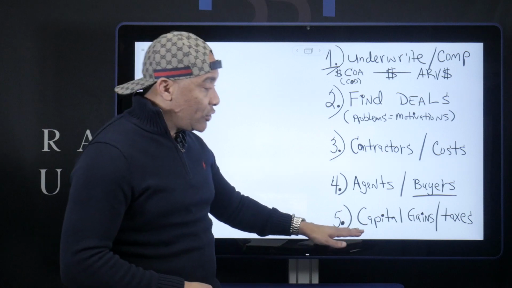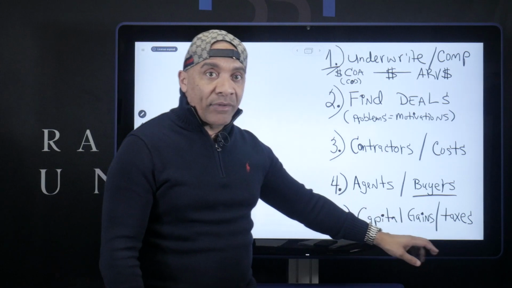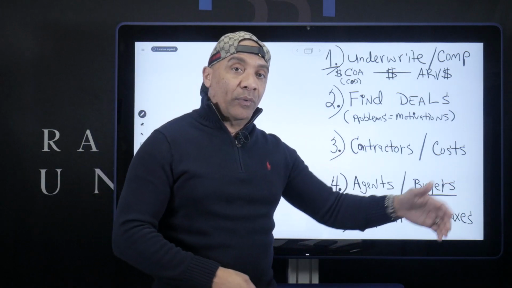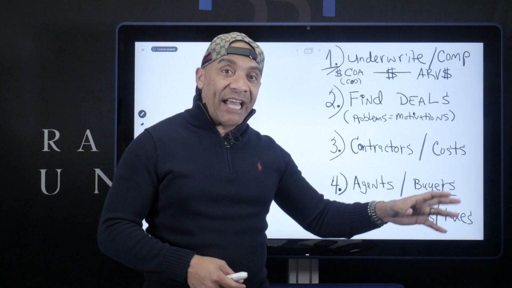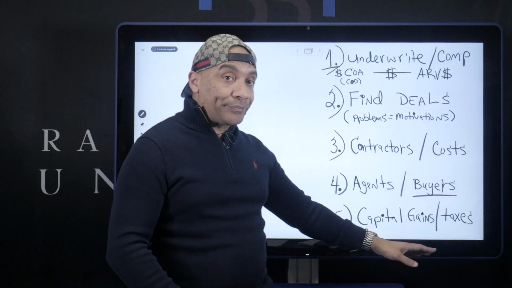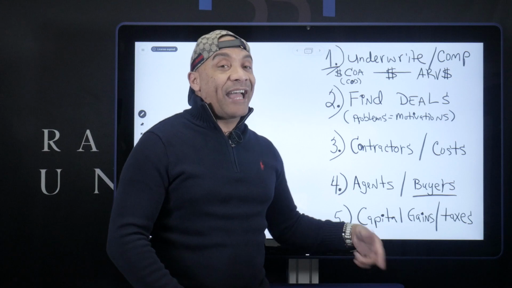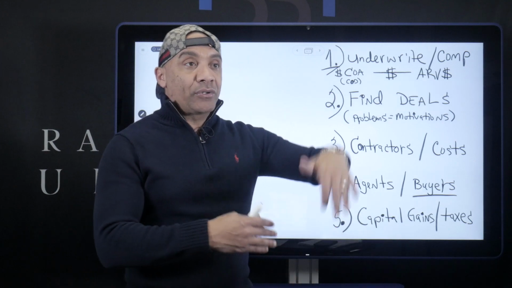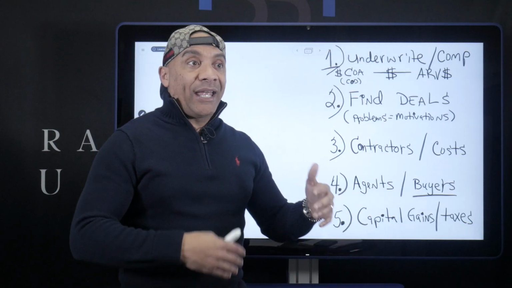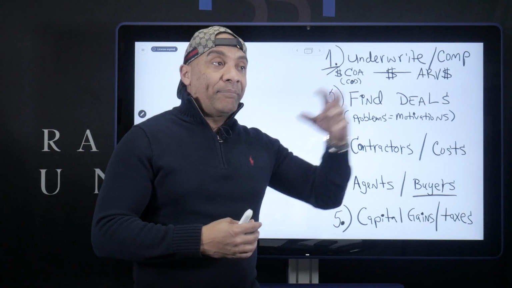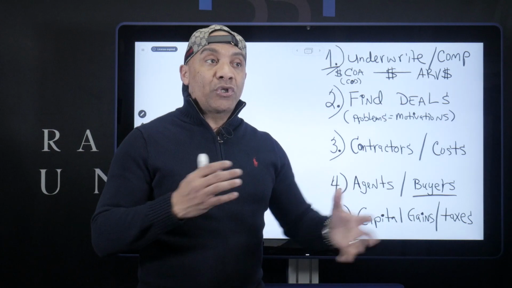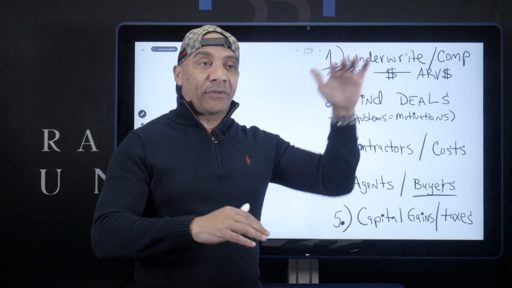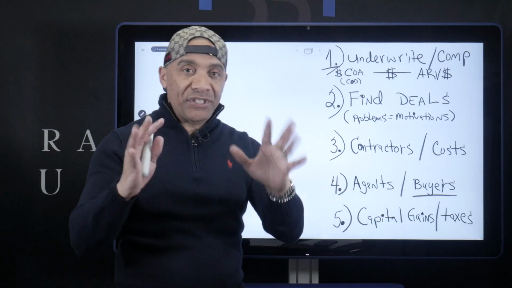And the fifth thing, you want to master the capital gains, okay? Unlike buying and holding real estate, where you have cash flow, when you buy and flip, you're going to have capital gains. So that means you're going to be in a different tax bracket, and you may have to consider buying and holding some to offset the capital gains so that you can lower your tax bill. If you can just master